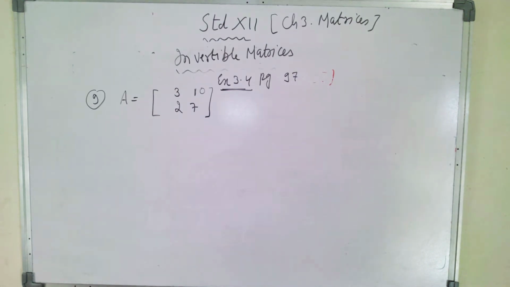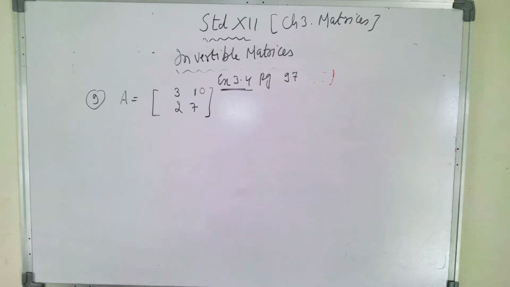Generally in the examination, this question is asked for 6 marks. But it will be a 3 by 3 matrix in general. But first try to learn how to find the inverse of a 2 by 2 matrix, then we can find it for 3 by 3 as well, because the number of steps are more till we convert that into an identity matrix. Our aim has to be to convert it into an identity matrix.